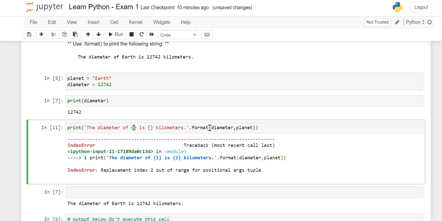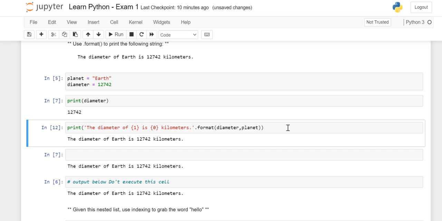First of all, I see what appropriate value you want here. You want the planet name. So what is the planet position? It is 0 and then 1. So what I'm going to write here: diameter of placeholder, within which you can provide certain index values as well. And then here, I want the diameter value to be printed, so I can write 0. This way, you get this flexibility, liberty, that you can still rearrange the format of the variables. You can provide certain index values.